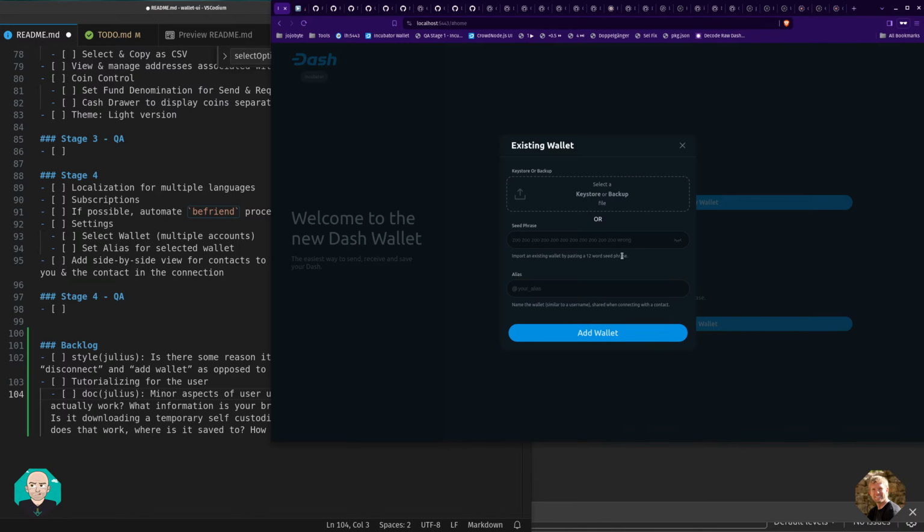With the backup, still have the alias field there, but my thinking is to make it disabled. Bring it in, but have it disabled because that tells the user you've already named this, and it's bringing it in, and you're good to go. All you need to do is click the button that comes up. Add wallet is what it's showing right now, I guess. I don't know if that's the right wording, but